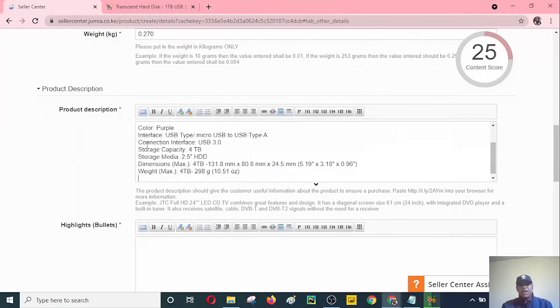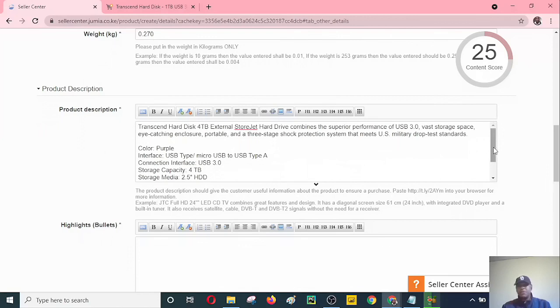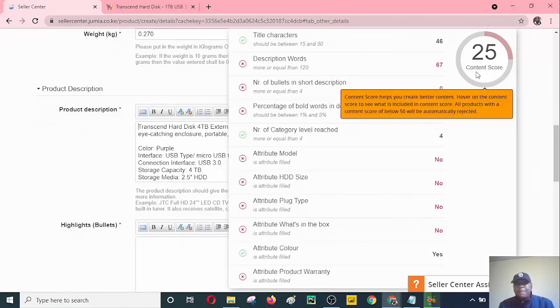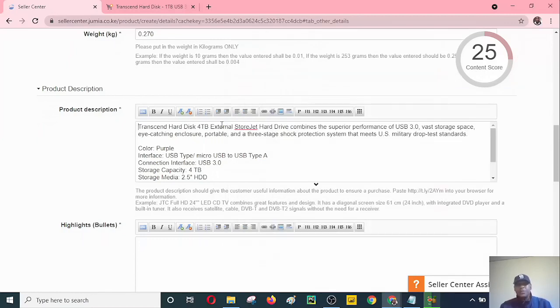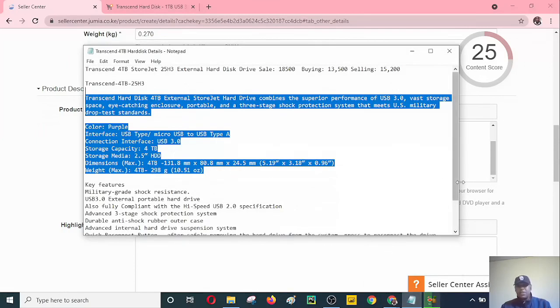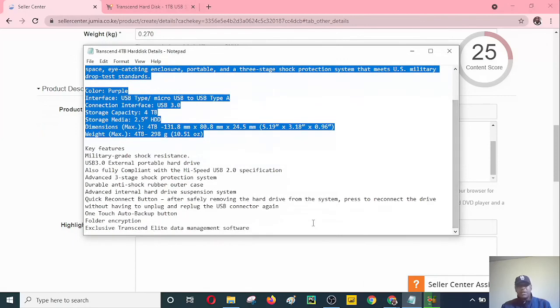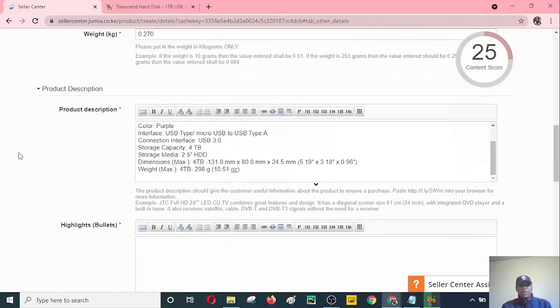So having your product information at hand is very, very important. It is going to save you time. You are told that within the product description, the description should be more or equal to 120 words. So I'll just add other features like the key features, I can always just replicate that so that it meets